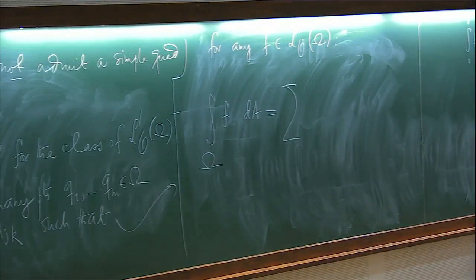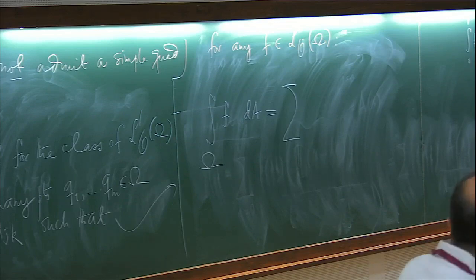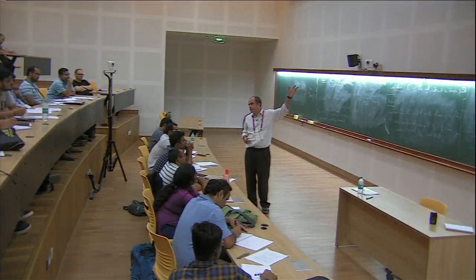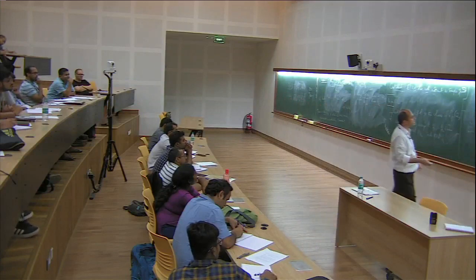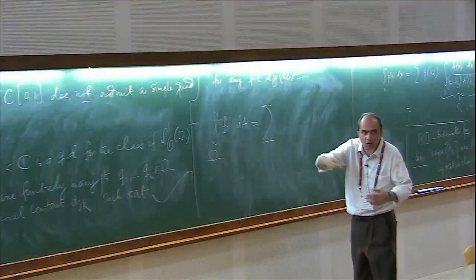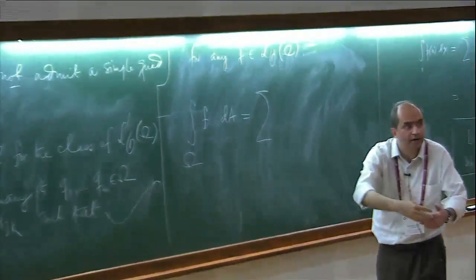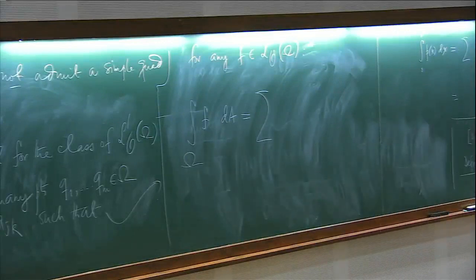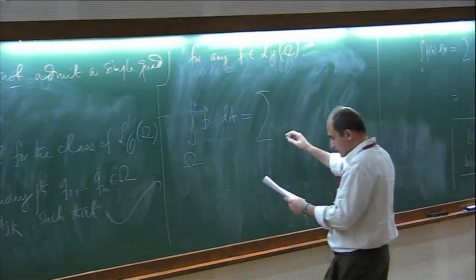What do we expect the definition to tell us? Here, in the case of the real line, we chose a bunch of points and we evaluated the function there. I'm trying to make the definition a little more general because I'm dealing with holomorphic functions. I can take the derivatives also. So I would like the right hand side to be a linear combination of point evaluations at the Qj's along with a specified number of finitely many derivatives at these points. That's all. So this is the sum,